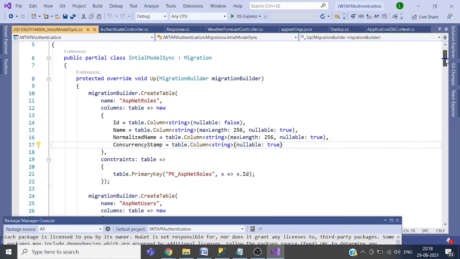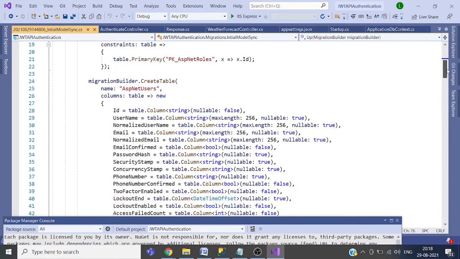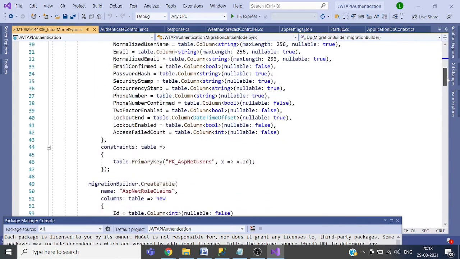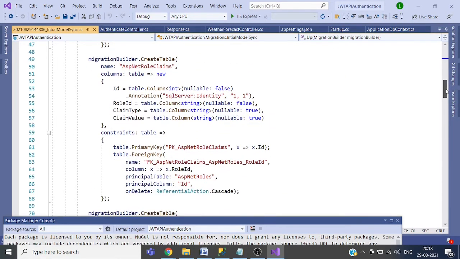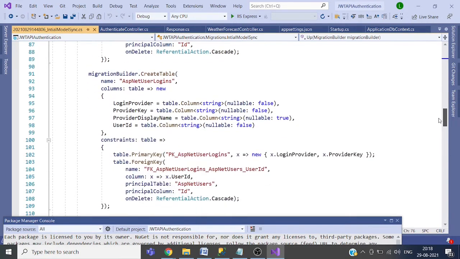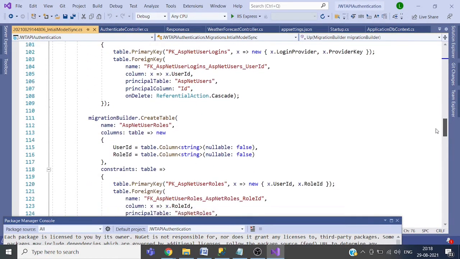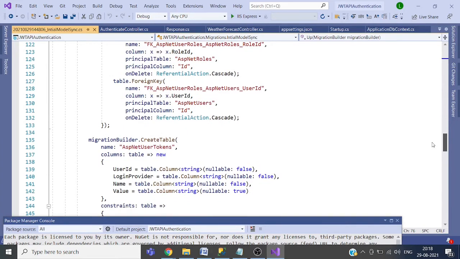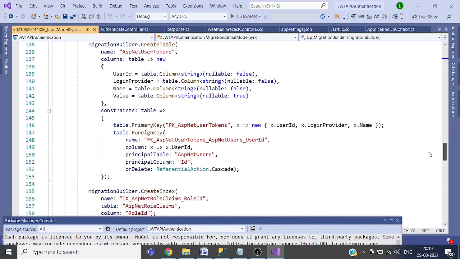So you can see the table for ASP.NET roles. It will contain the roles. Then we have a table for users, claims. Okay. So these are six to seven tables which are included in the Identity Framework.